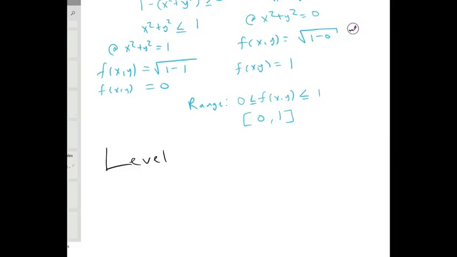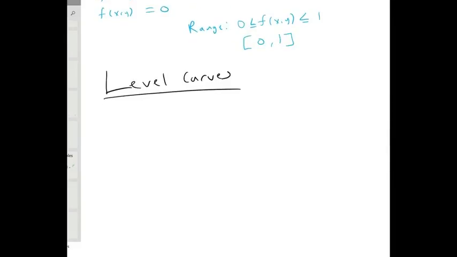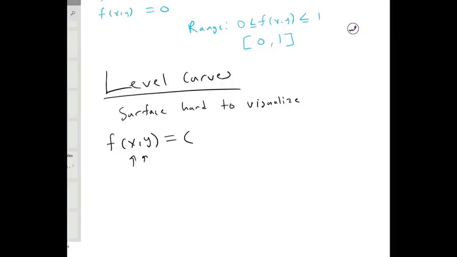So the last thing we're going to talk about with these is level curves. These surfaces are hard to visualize, so we're going to put them in terms of things we know we can easily visualize. Level curves are just when you set this function equal to some value c. And then now we just have these two variables, and we can solve